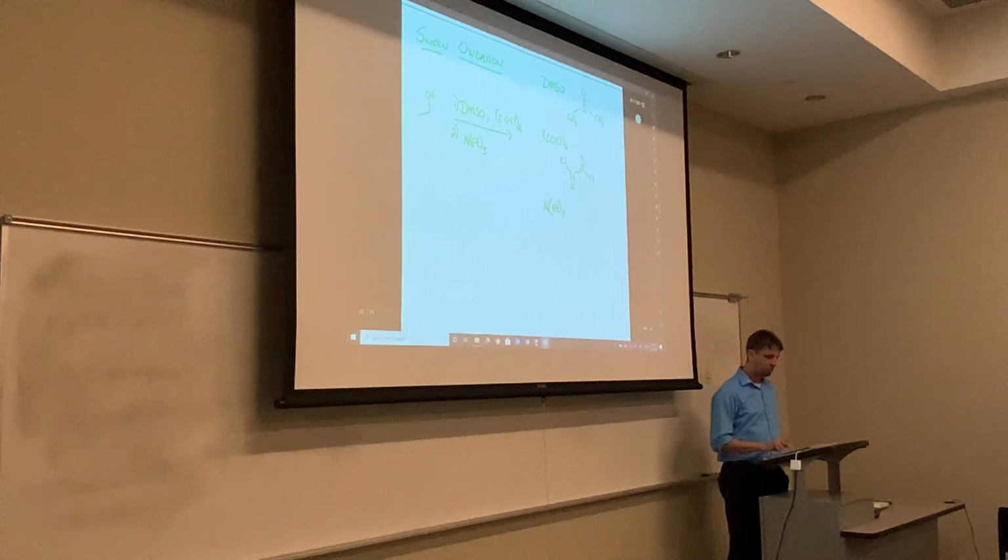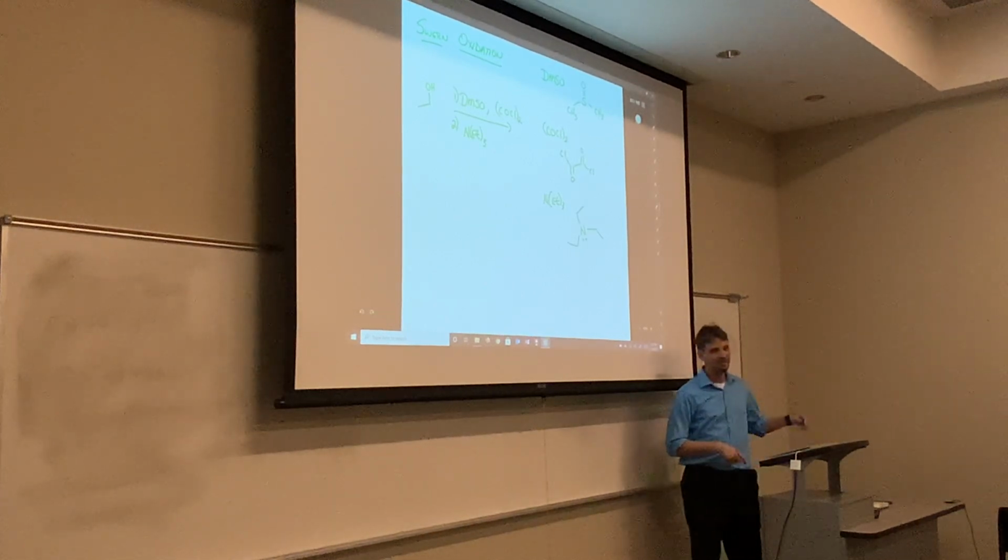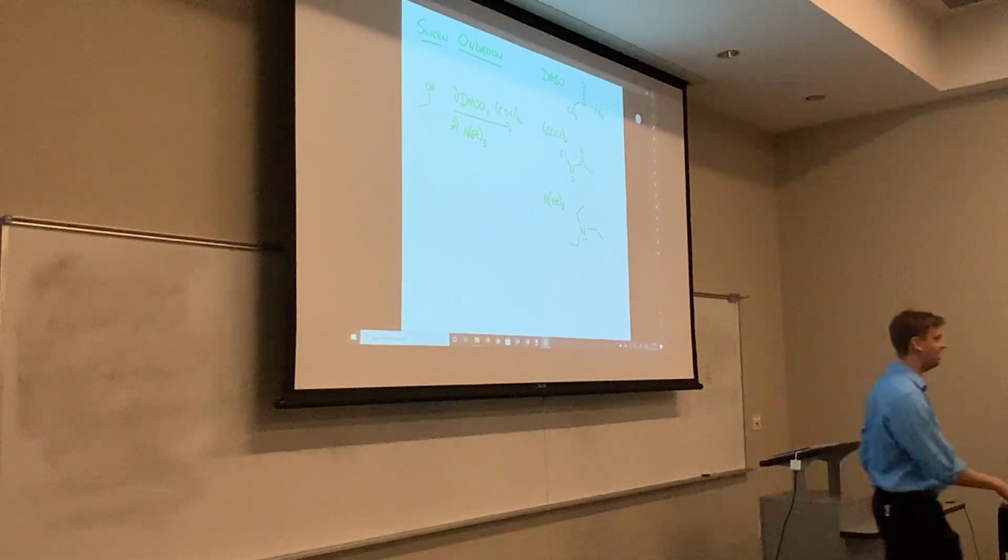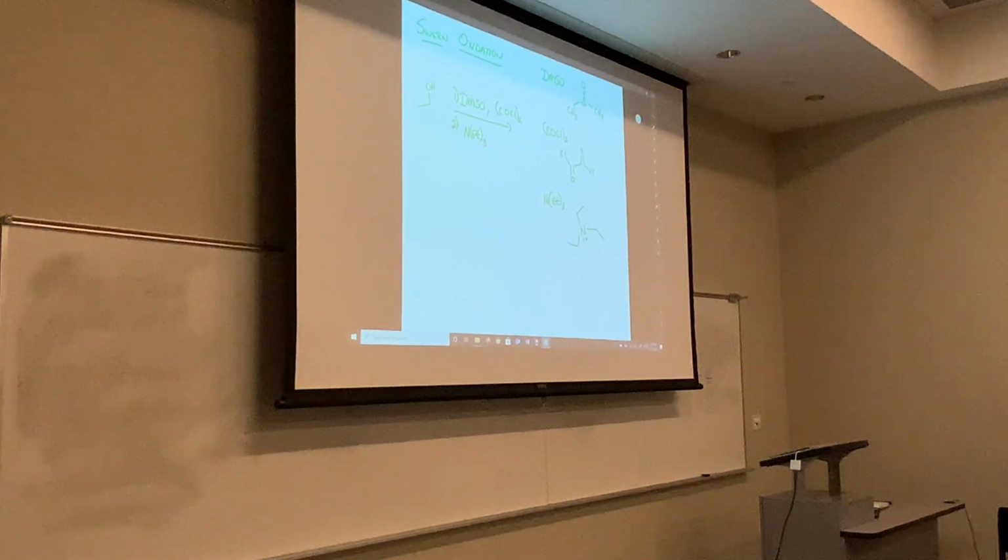NEt3. This is triethylamine. So we have this, right? And thankfully it stops at only 3. Otherwise we have different explanations to make. So it's got 3 ethyl groups coming off of a central nitrogen. Okay, so your amines are